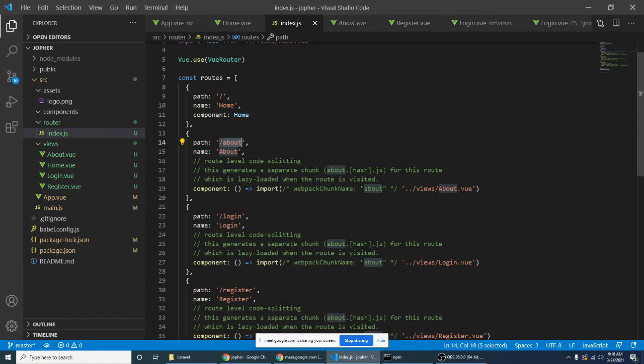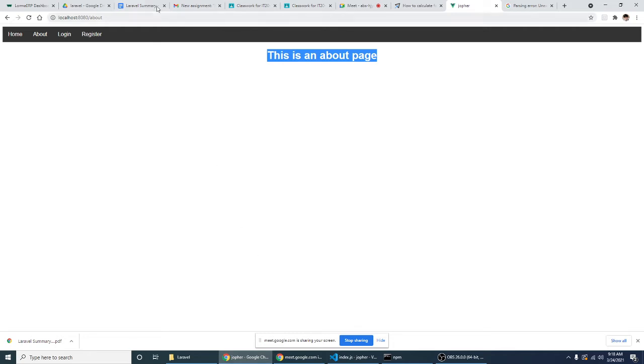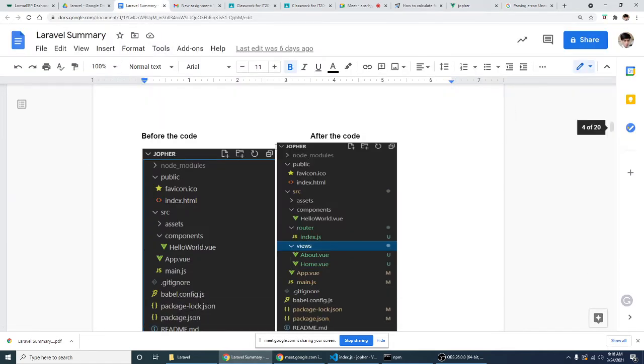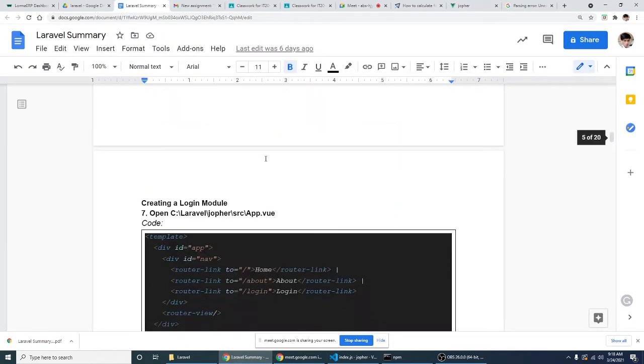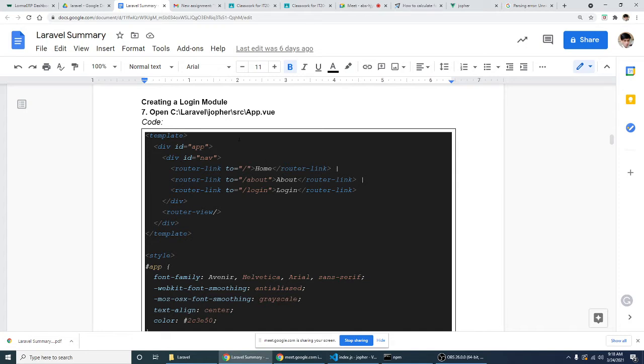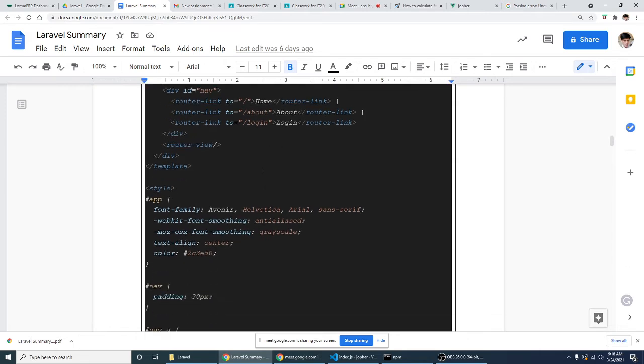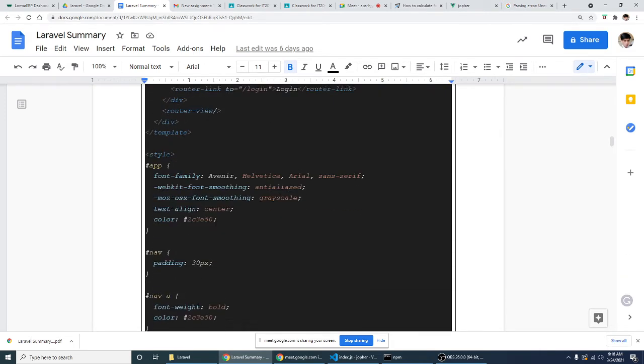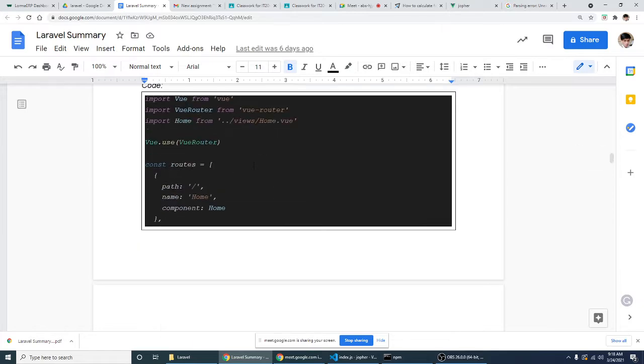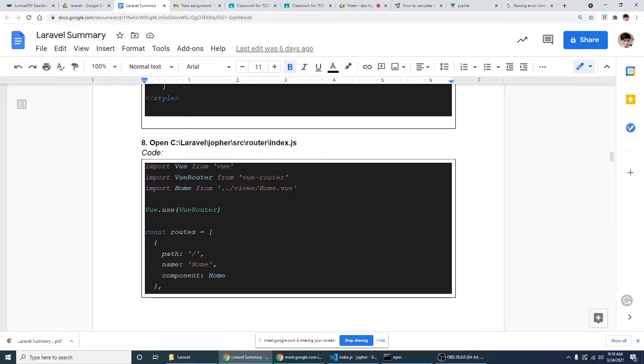Next is data binding. Before we go to the database connection and so on, we need to know how to bind your data. So I have here some of my experiment. Okay, so creating the login module, App view. No, we're done with that already. We have the login done already. We have the home view,